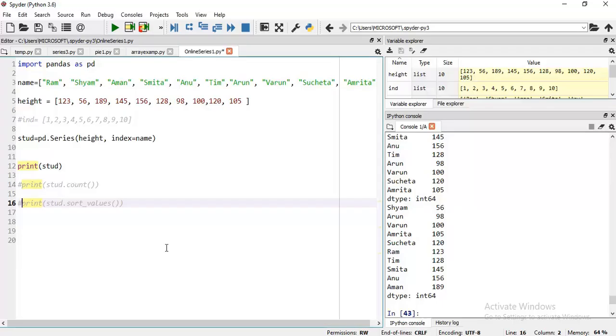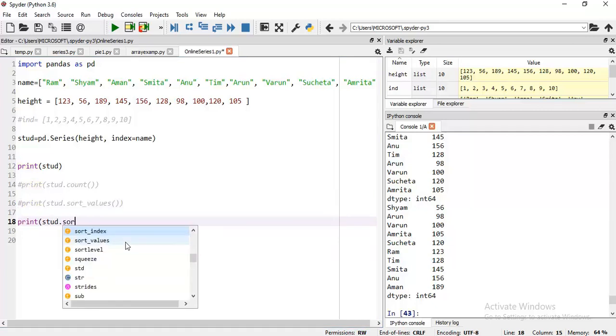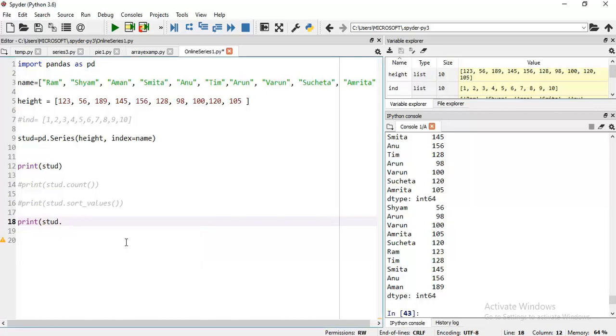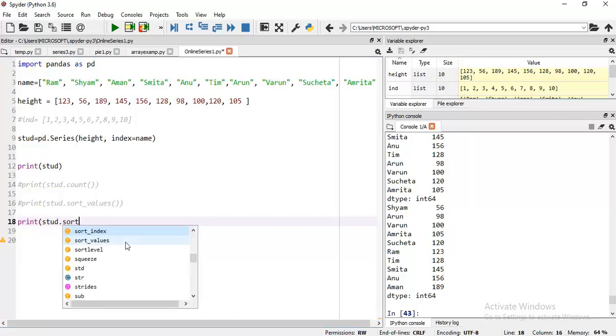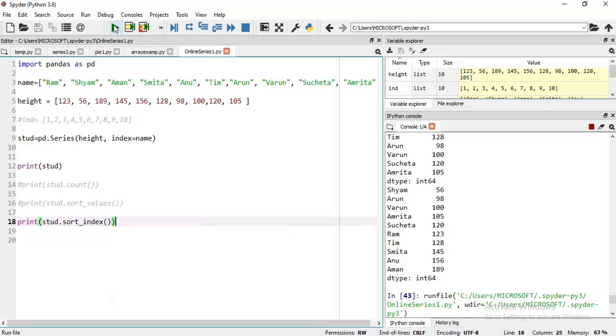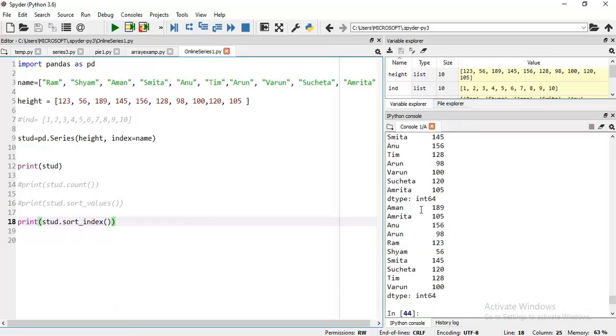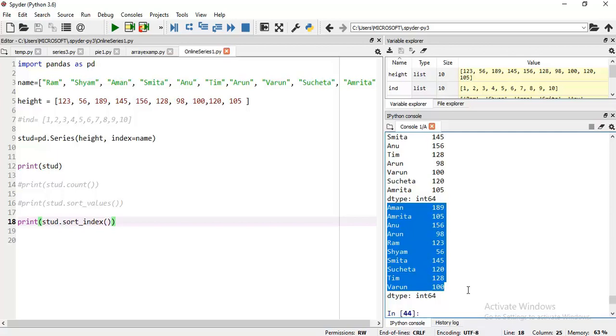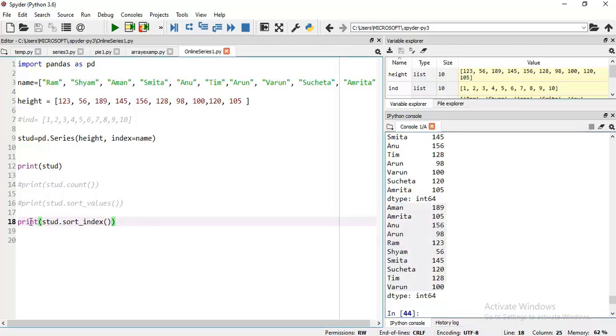Let me do it, Control V, then sort_index. Here we have the index. Now you just see, first is Aman, Amrita, Anu. It is converted into sorting order.